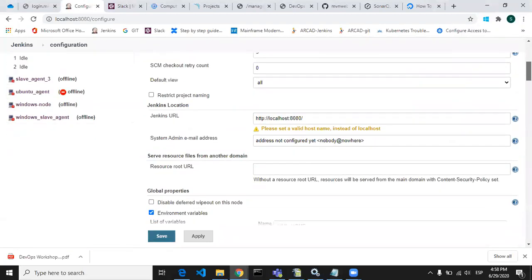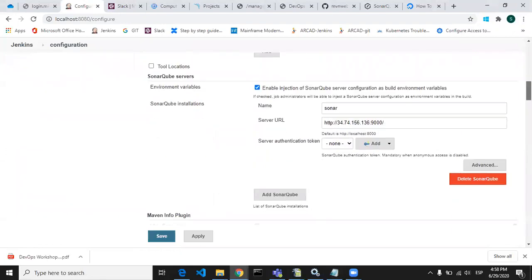Go below. Here you go. You can see the SonarQube servers section. Here you have to put your details for the SonarQube installation. You have to give the name of the SonarQube installation, like Sonar. Then you have to give the server URL.